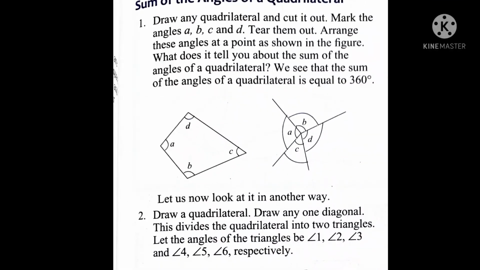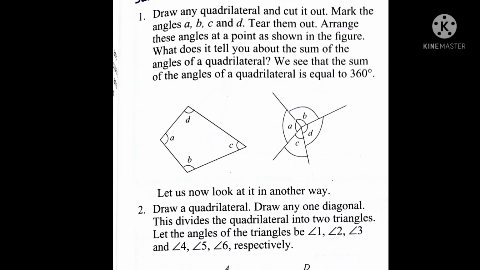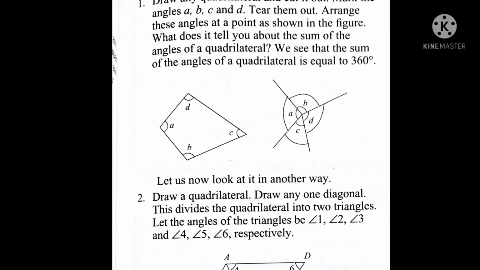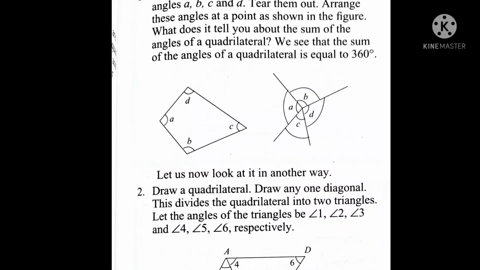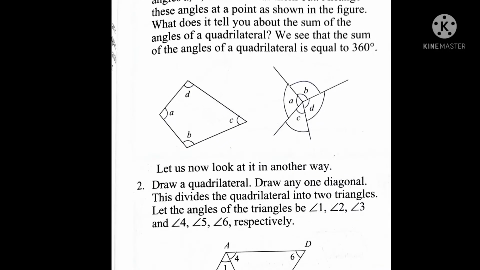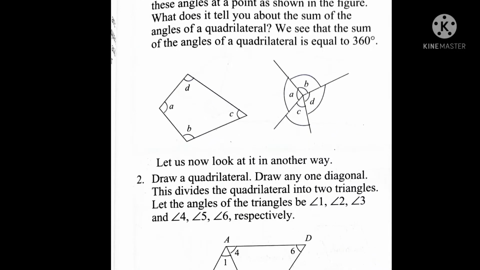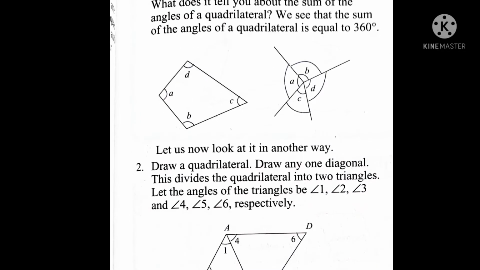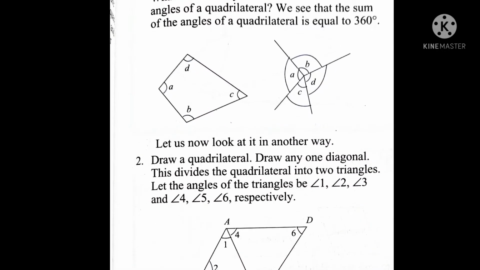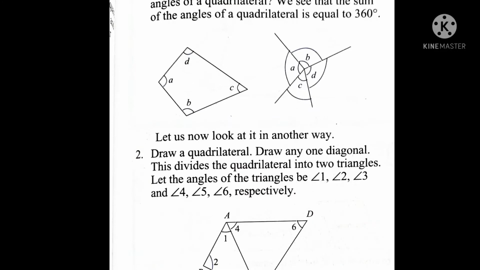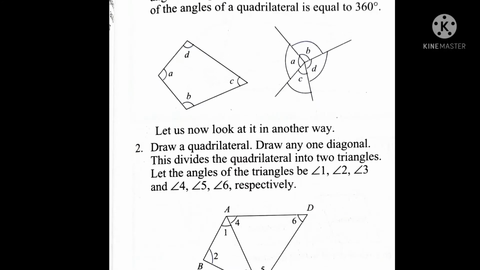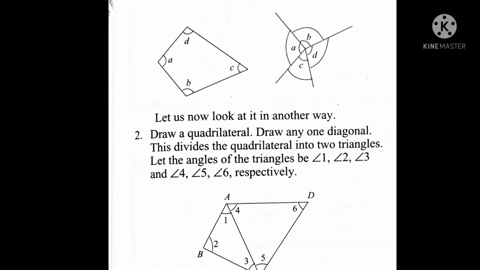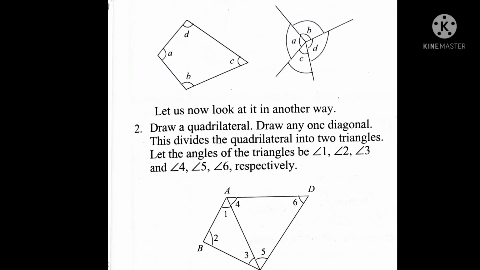The next topic is the sum of angles of a quadrilateral. The sum of angles of a quadrilateral is equal to 360 degrees. How is it possible, let us see. I will give you a brief derivation of this. In the diagram ABCD is a quadrilateral. If we join the diagonal AC, some angles are formed. In the below figure, angle 1, angle 2, angle 3 are forming inside triangle ABC. Similarly, in triangle ACD, angle 4, angle 5 and angle 6 are forming.